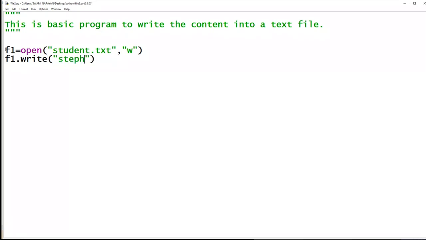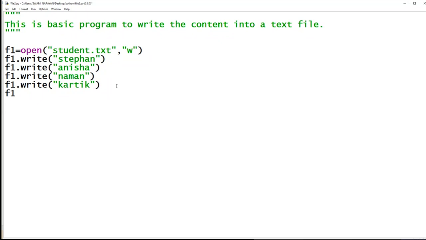You will see one important thing here. F1 dot write T1. Then F1 dot write, then F1 dot write again, and lastly I'm writing one more. Fine. What is happening here? And at last I'll be closing the file. We can use this in a loop also. If you want to do it repeatedly, you can do this inside a loop, which we will do later on. But right now we have to discuss what exactly happens by using this program.